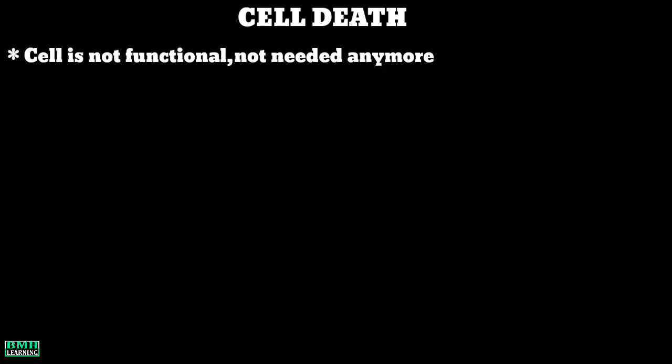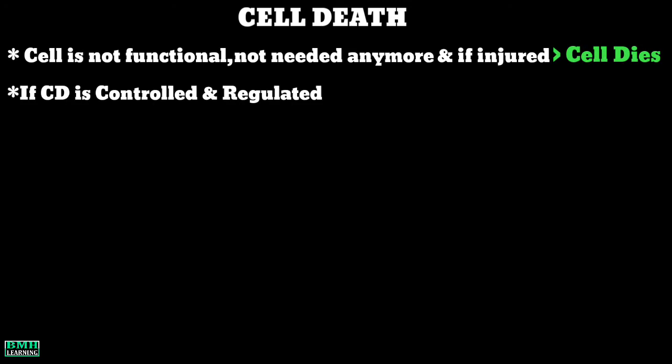It's the introductory video on apoptosis. Let's begin our discussion with some important terms. What we understand by cell death. It's simply when the cell is not functional or not needed anymore, and if it's injured, that moment the cell dies. And if the death or demise of the cell is happening in a controlled and regulated manner, that's called